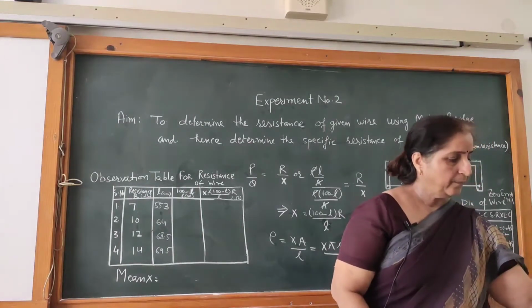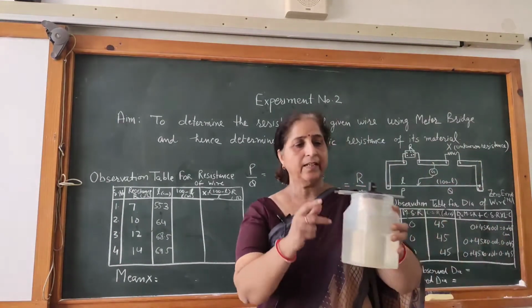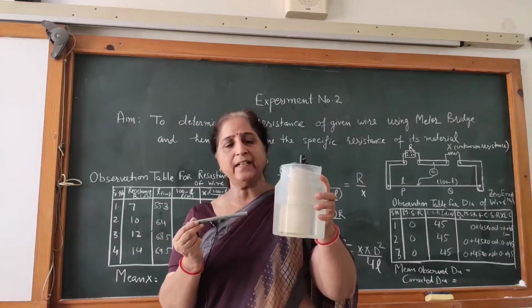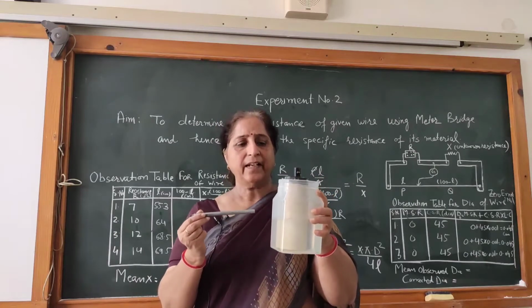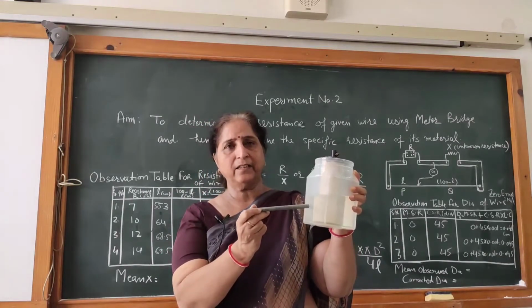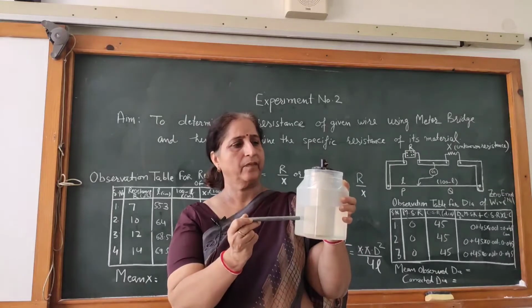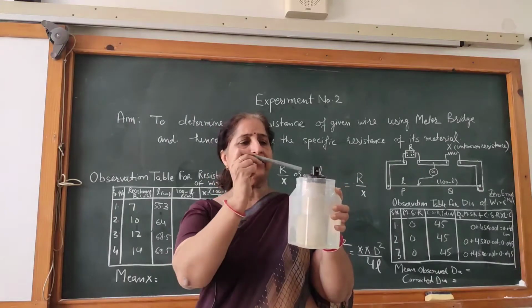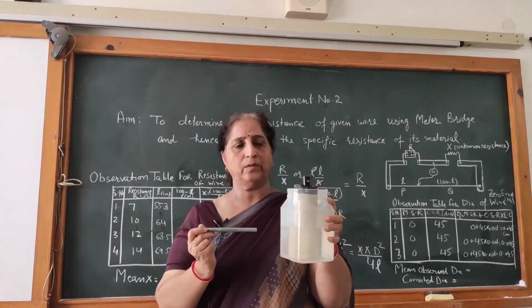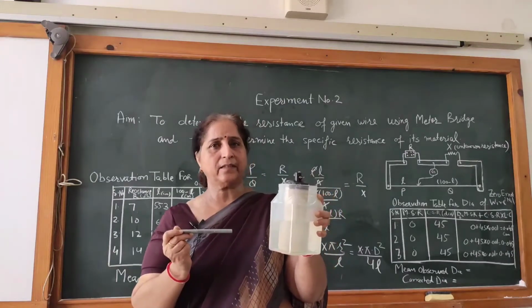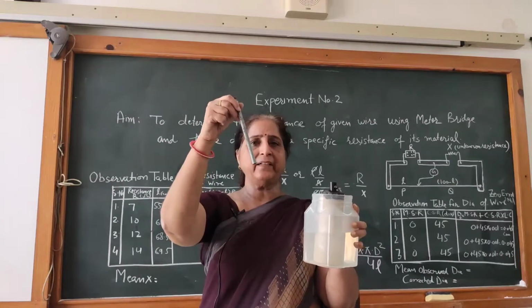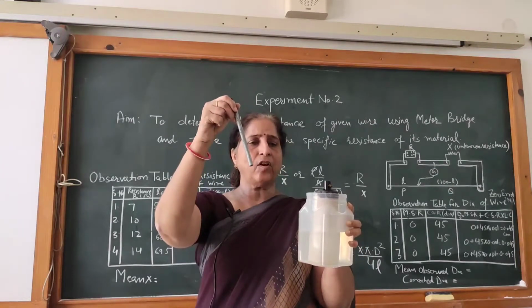As you can see, this is a cell which you have to use for supplying the current. This cell is a Leclanché cell. In the Leclanché cell, you can observe here electrolyte is filled. This is NH4Cl. Then inside this electrolyte you are seeing there is a porous pot. Inside the porous pot there is a carbon rod. This carbon rod will act as the positive terminal, and this is the zinc rod which I am holding in my hand. This will act as the negative electrode or negative terminal.